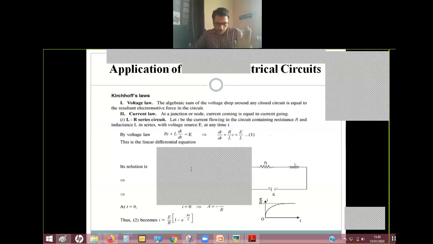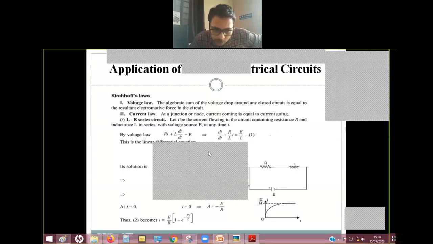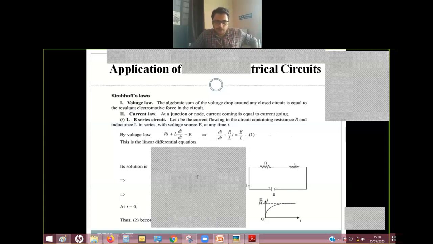That's why I have given you one assignment problem and we have solved 2 examples on how to find the general solution of a linear differential equation. Now please try to find the solution. Very simple solution is there. Then I will explain how this graph is coming, and then we will relate the properties of resistance and inductance to how this graph is coming.